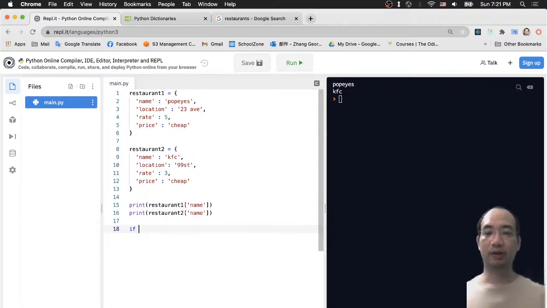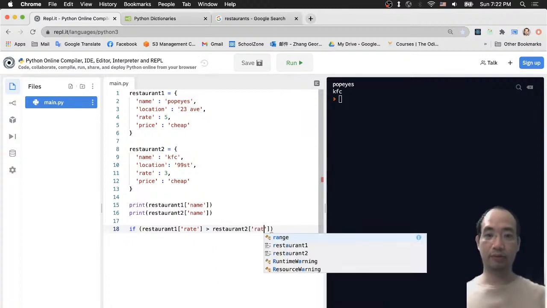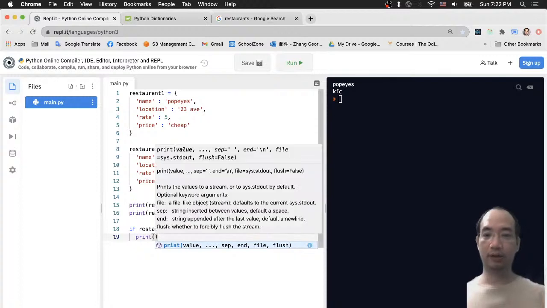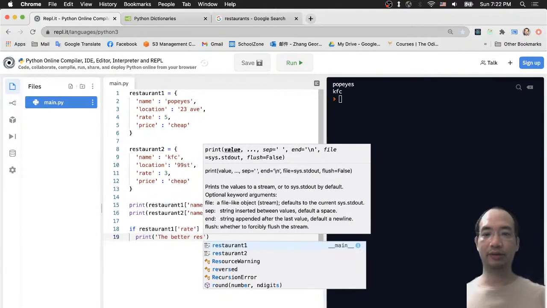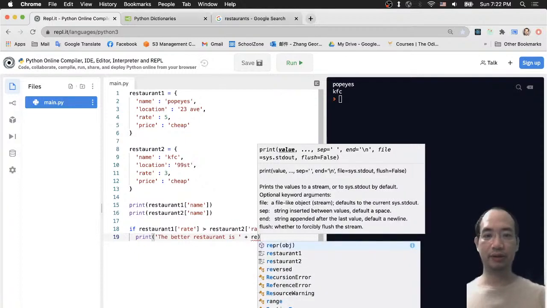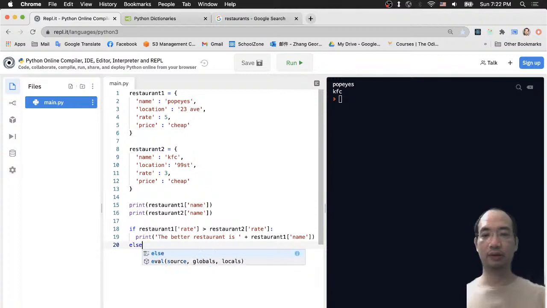If restaurant 1 the rate is greater than restaurant 2 the rate, now you will print the better restaurant is, now you print restaurant 1 name. Else, you will print